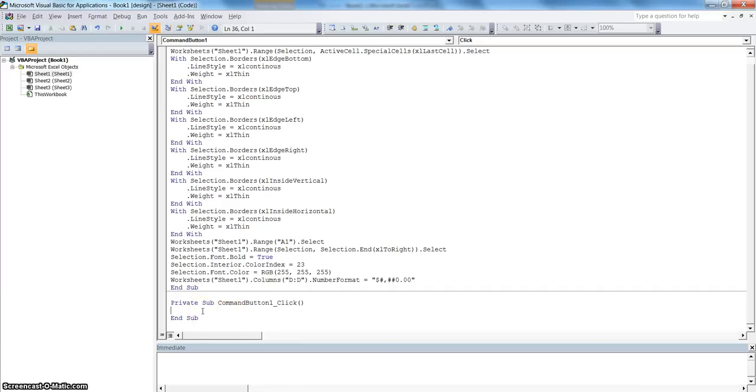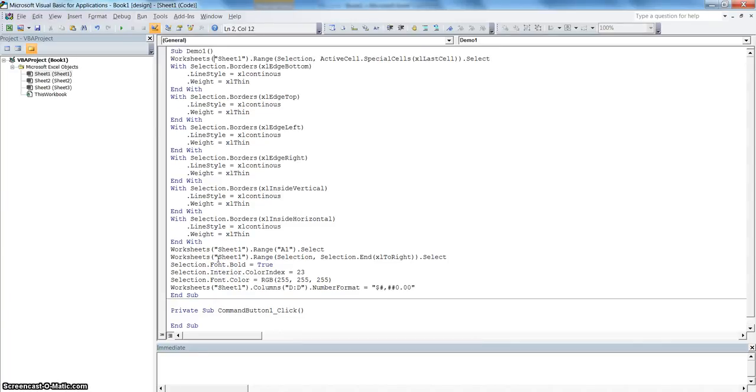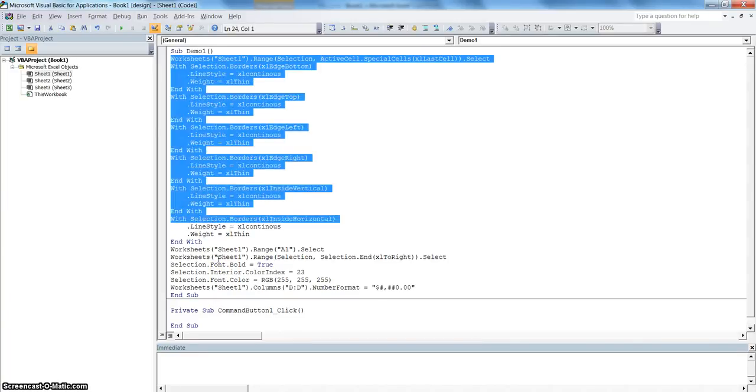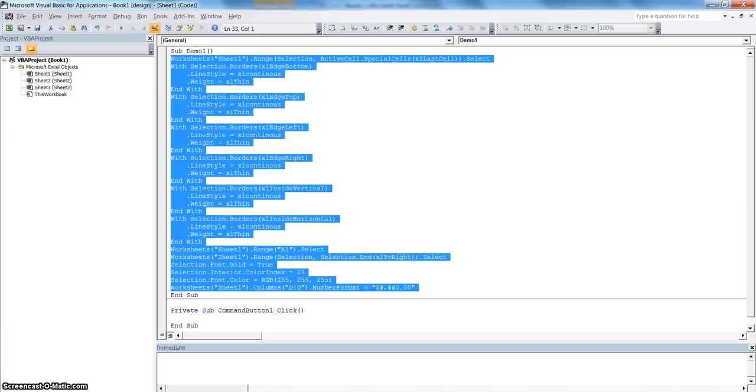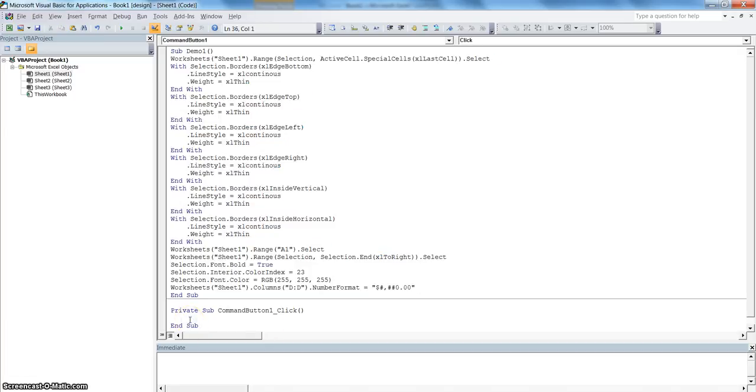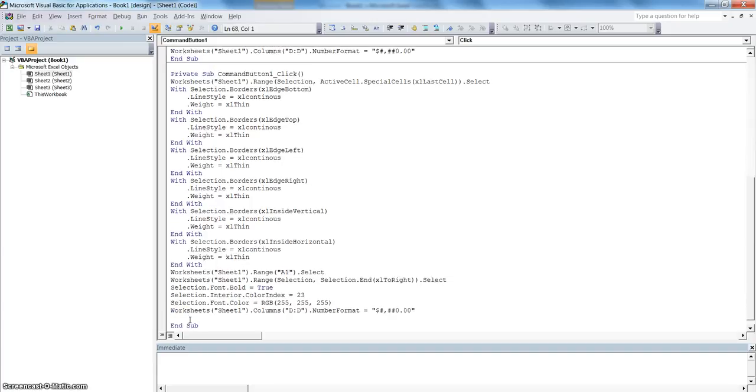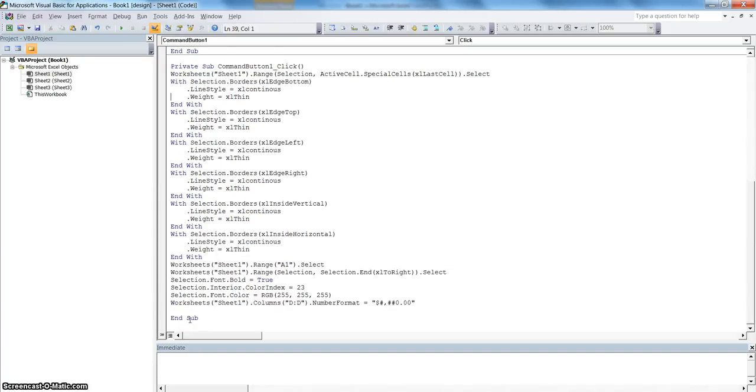So for this session I'm just copying the code we have written in demo 1 and pasting the same in CommandButton1_Click between Sub and End Sub. Now the same macro will run from this button as we have written the same code as in demo 1.